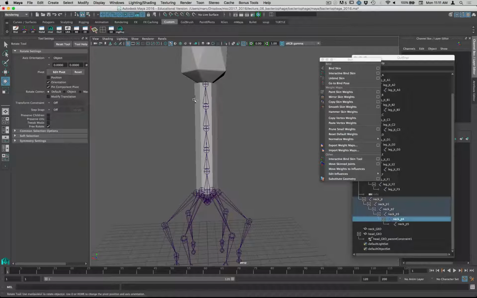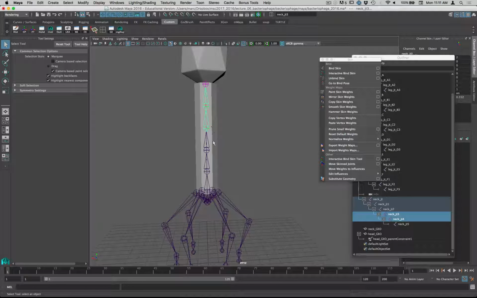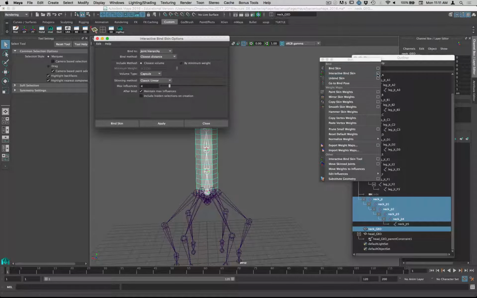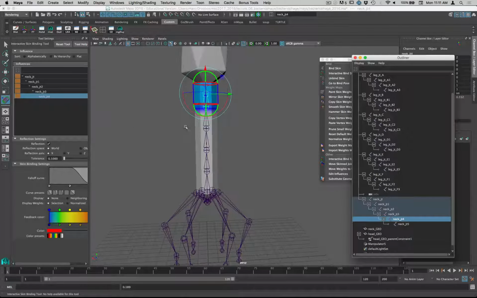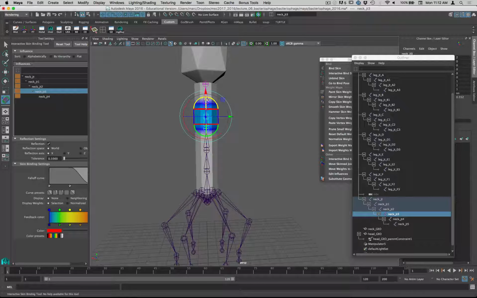And I will select the joints again. Select the geo, and go to interactive bind skin. What this does is it creates, you can see it says volume type, it creates a capsule or a cylinder around the joints. So if we bind skin, now you can see each joint, if we select it, will have this capsule around it,